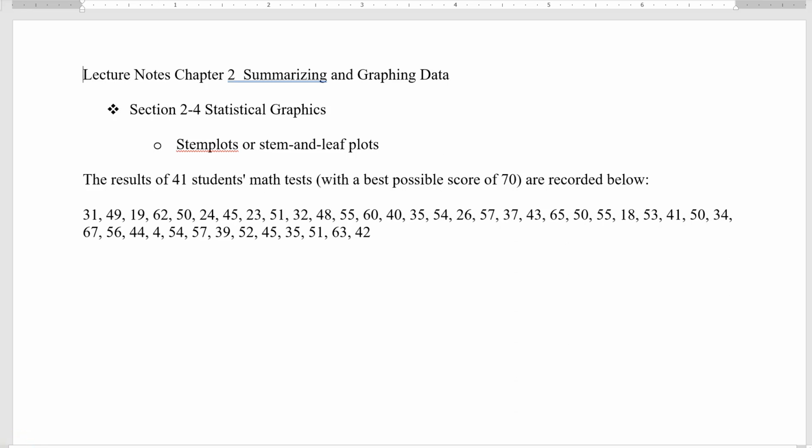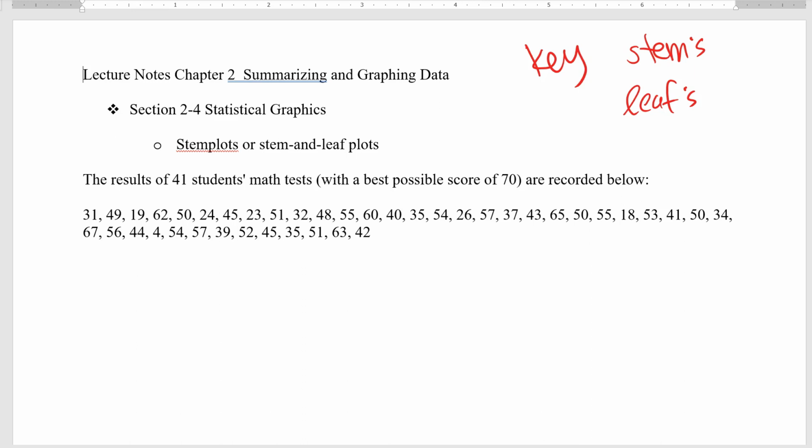So for section 2.4, we got quite a bit of different types of graphs that they're going to look at, but I'm going to focus on the primary ones that I'm going to be testing you on. So first thing you need to be able to do is make a stem and leaf plot. When you do a stem and leaf plot, one important thing is that you include a key. Generally what happens is we will have the stems and the leaves,